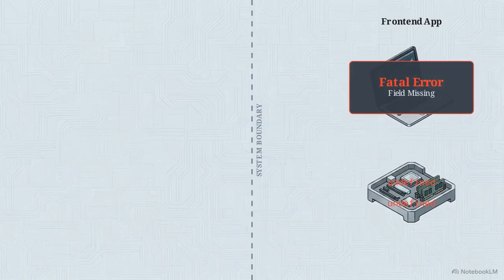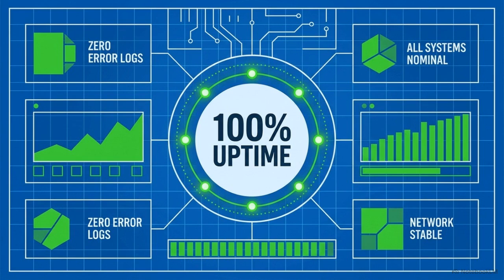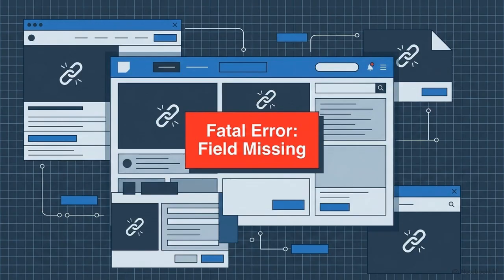Buttons fail and descriptions vanish, replaced by undefined. Meanwhile, the back-end monitors show a healthy system. No error logs are triggered because the database is functioning perfectly. The failure cascades in silence, breaking every external integration that relied on the old field name. The front end crashed because it attempted to fulfill a request based on a contract that had been silently altered.